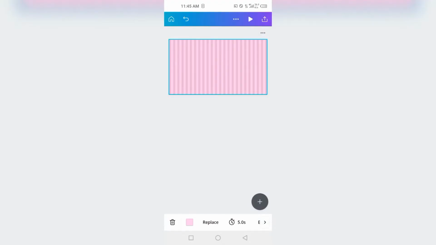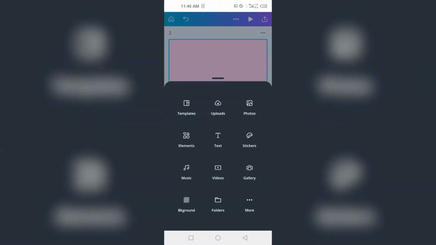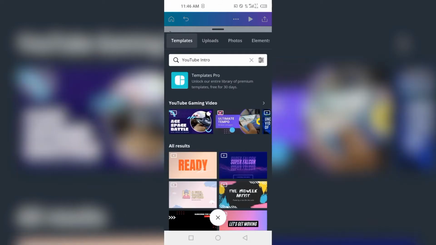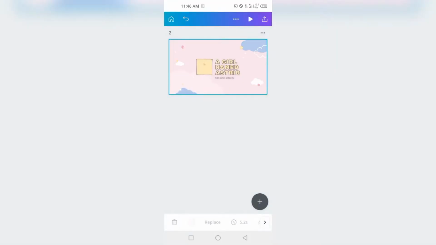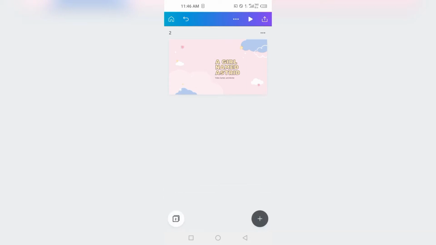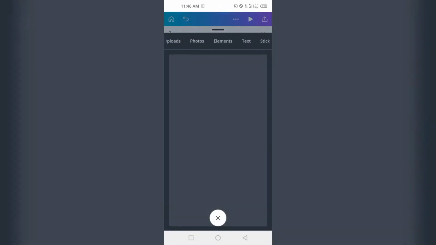Click on the three dot extension on the top right corner of the template, and that's to add a new page. Then click the plus sign to add a new free template. Delete the picture, the text, and all the clouds. And I'll add my pink background,